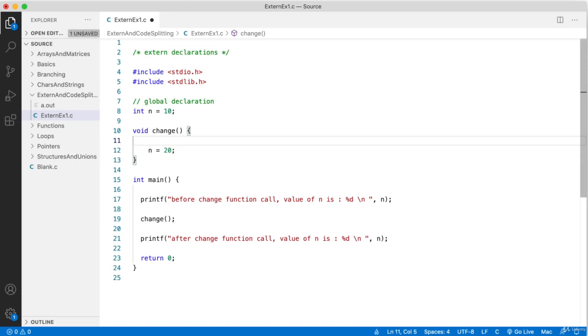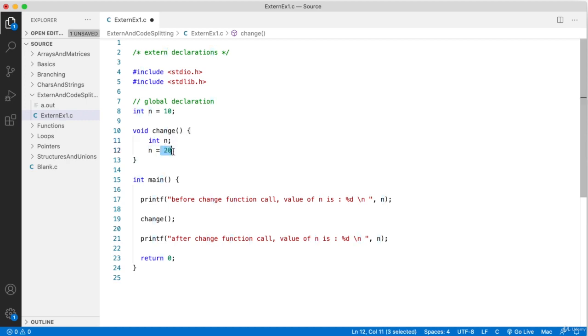Now, what happens when I declare a variable n inside the change function? Is it valid first of all? Absolutely, because a global variable can be shadowed by a local variable. If it is taking the same name as the global variable, this variable shadows the global one. So when you are making a function call to change, a new variable is created with name n, and here n refers to the local one first.